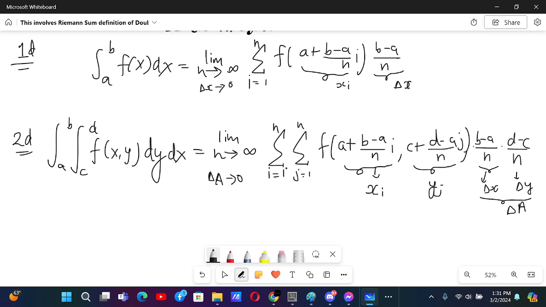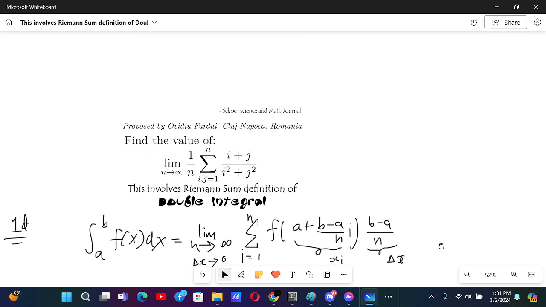In the double sum, for every xi, yj will go from 1 to n, and n is going to infinity. So we have a sum like this, and this is analogous to our original 1D definition. And now with this we are ready to begin. Okay. So now